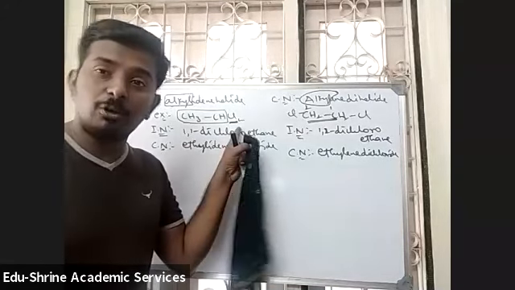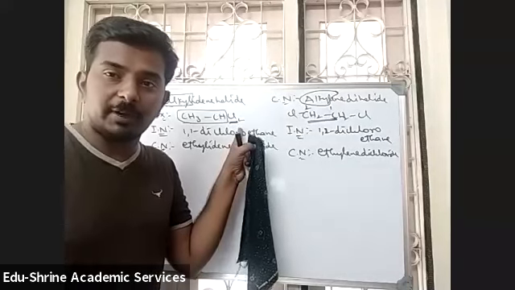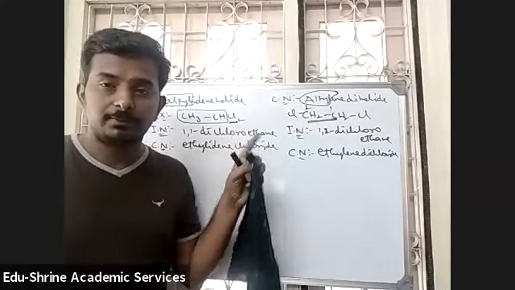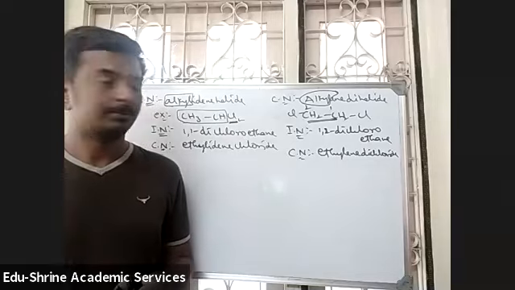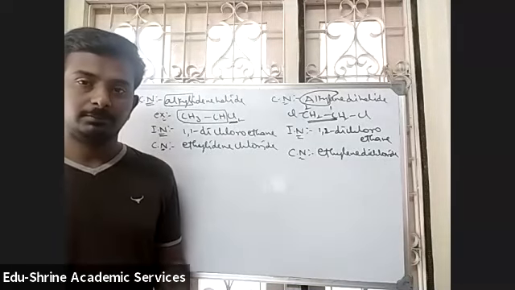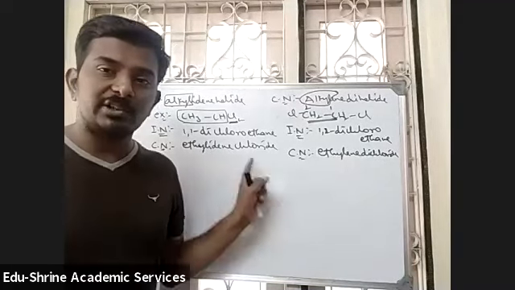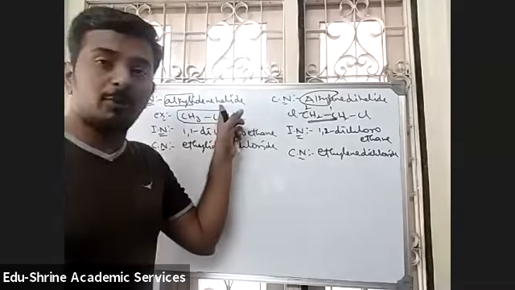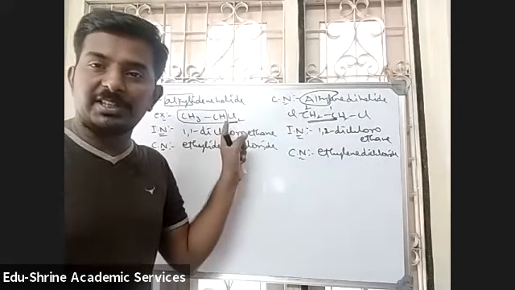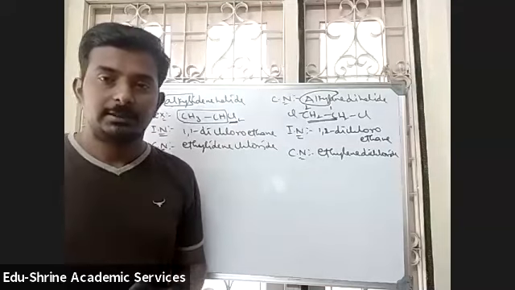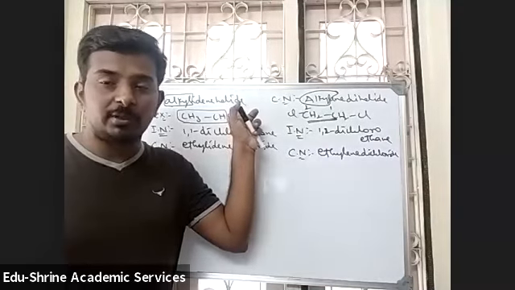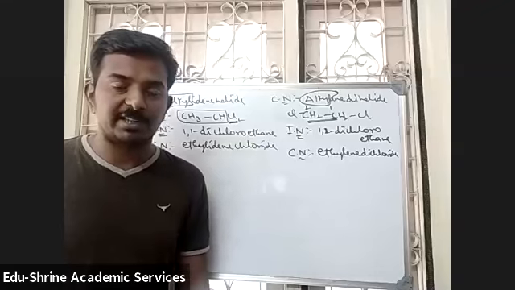In gem dihalides, the halogens may be different also. They may be different also. No need to be the same always. They can be different. In that case, when they are different, the common name won't be this one. Only the IUPAC name will be there. When they are different, no common names will be there. Only IUPAC names can be given.